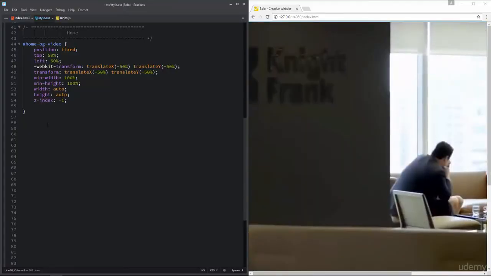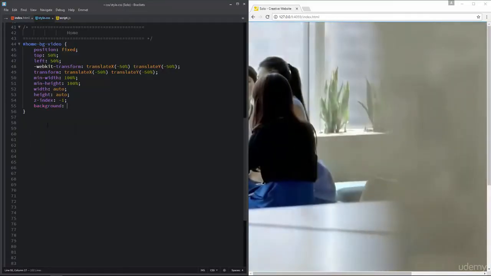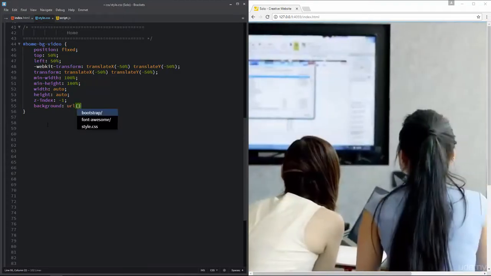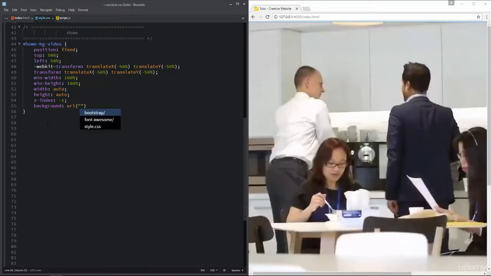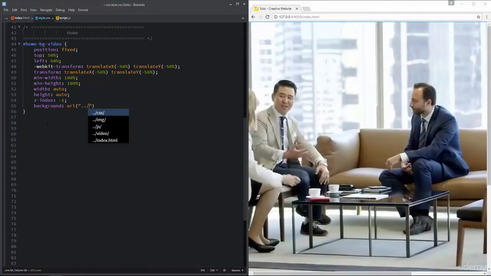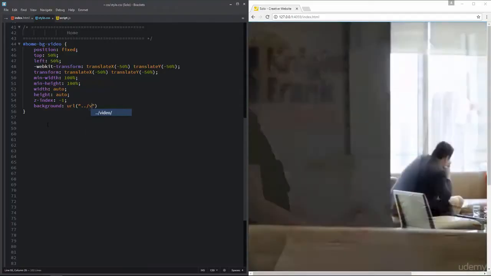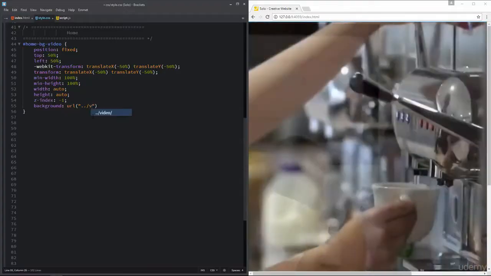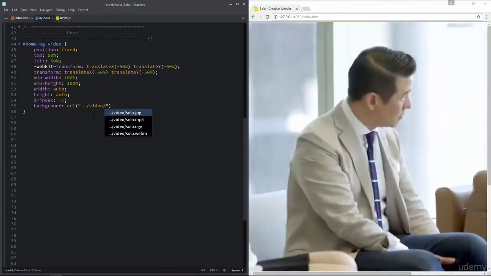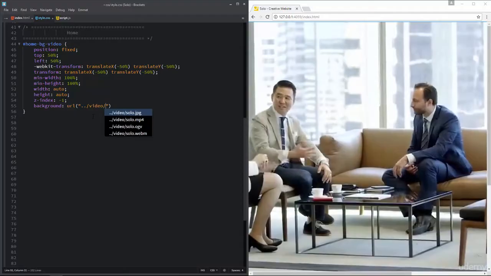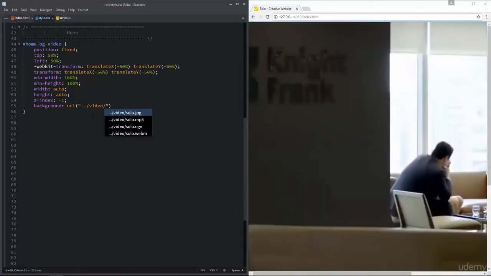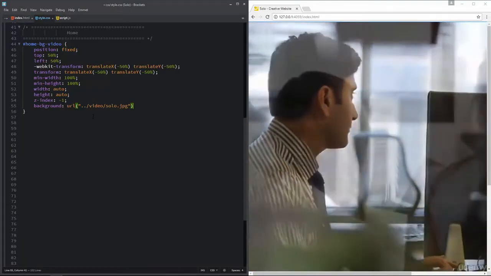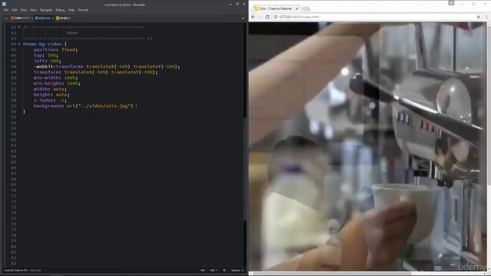I'm going to write the CSS background property, and I'm going to set the URL for this background, and look for the video folder. Inside the video folder we have the solo.jpg file. I'm going to write video, and inside this video folder I have the solo.jpg file, and I'm going to use this image as a background for this video element in case the video is not working. And I'm going to set the background image with no repeat.